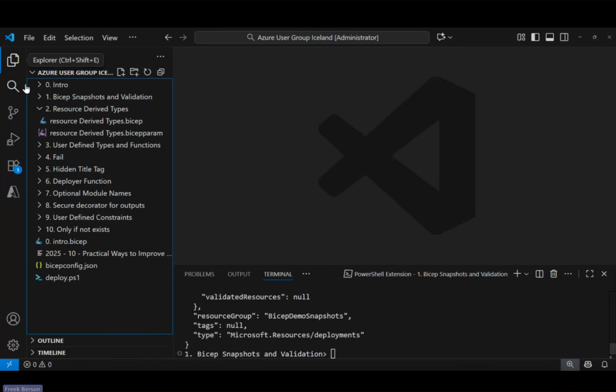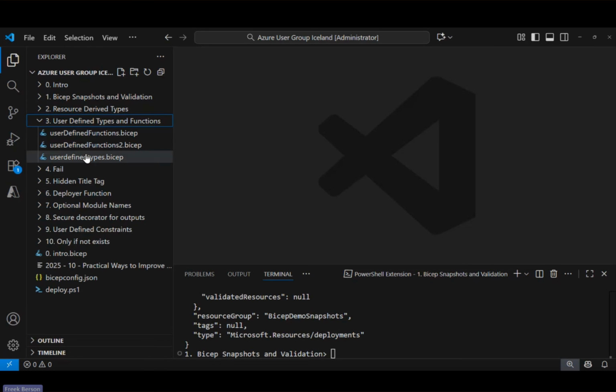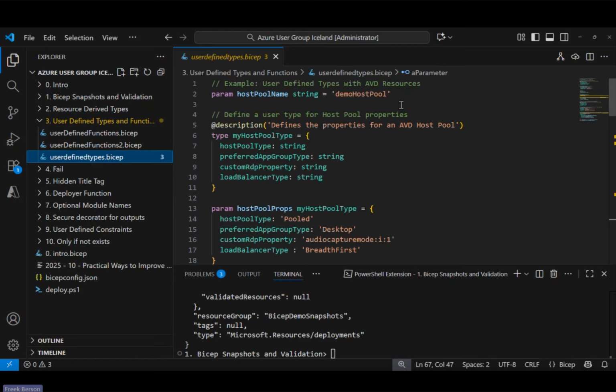So that's resource-derived types. And if you want to go even further, there's also the concept of user-defined types and user-defined functions. So how does that work? Let's do types first. So we mentioned, right, existing types like string, integer, Boolean, or pointing to other properties of other resources to get those types as well. The other way is creating your own types, and this is how that works.